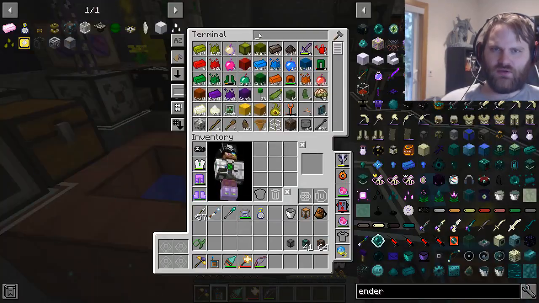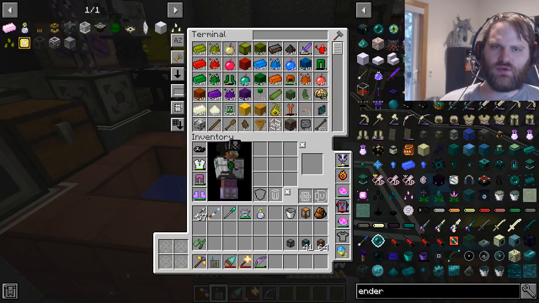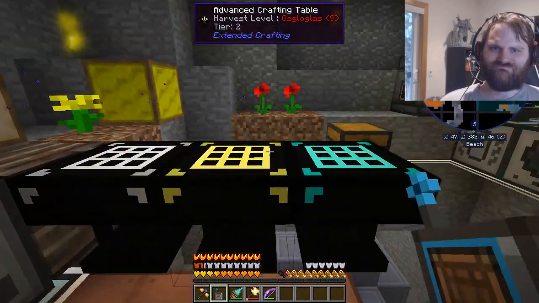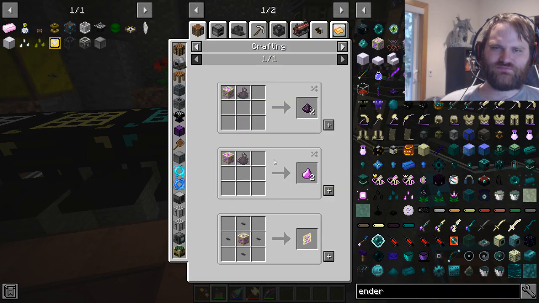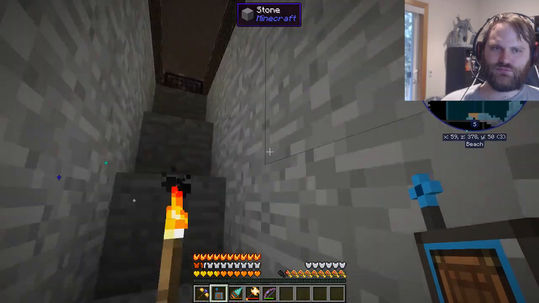Okay, so the caveat is that there's no automated way to use these tables until you have a tier 4 table. So currently the system quote-unquote crafts by dumping everything in the small storage crate I'm standing on, and then you pick it up and craft it on the table like an animal. Got it. Okay. With tier 4 we get the automation bridge, which lets us actually craft, but...